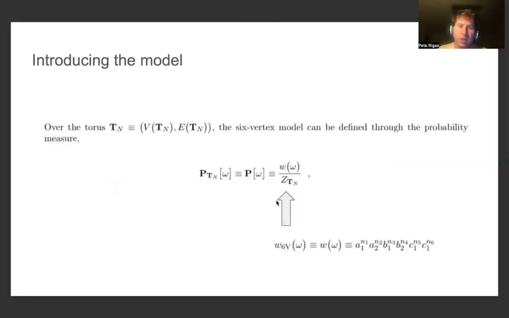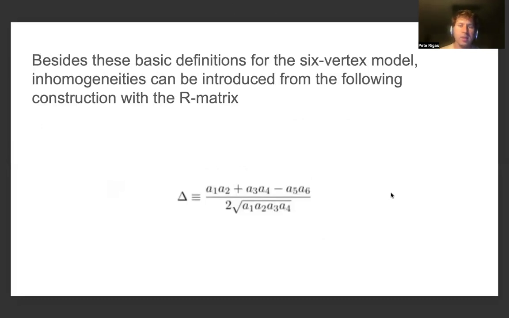And as we had mentioned, the probability measure for the six-vertex model that's supported over the torus is given by W of omega normalized by the partition function of the torus. In this way, under the assumption that we're not enforcing isotropic parameters for the six-vertex model, it can be written as A1 to the N1, A2 to the N2, B1 to the N3, B2 to the N4, C1 to the N5, and C1 to the N6. And so besides these basic definitions, the six-vertex model and inhomogeneities